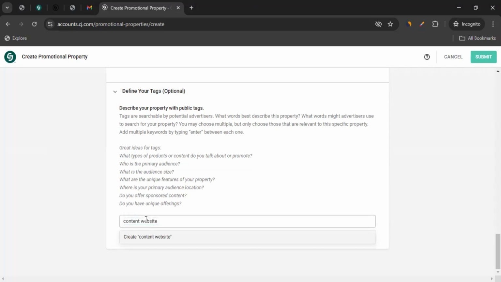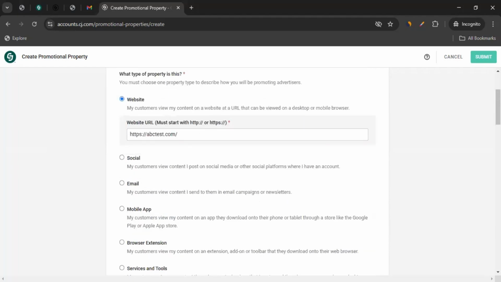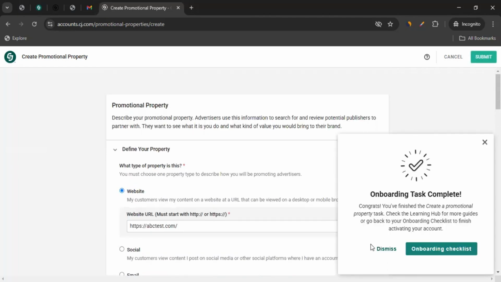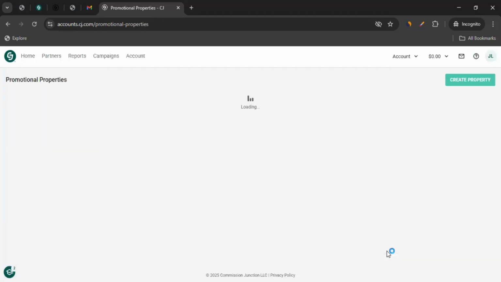So I can write content website in here, followed by enter. You see, it created a tag. Based on how I want networks or brands to find me, I can type in tags here accordingly. But for now, I'm fine with just content website. And as you can see, you can get some ideas by reading this as well. Now, once you have entered all these details, you can click on submit, and you can click on dismiss,